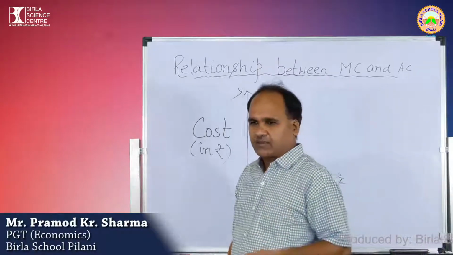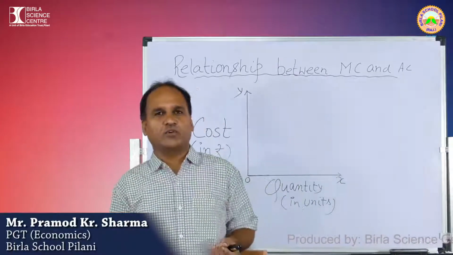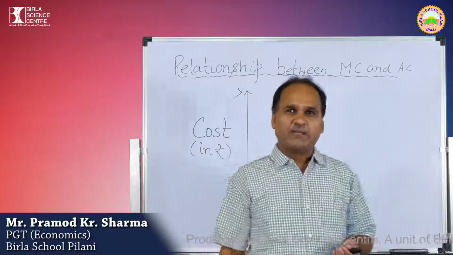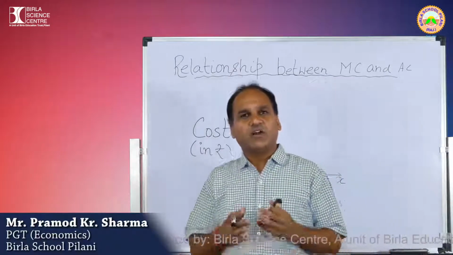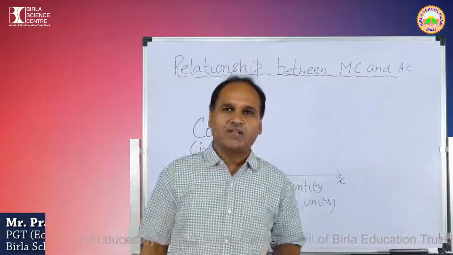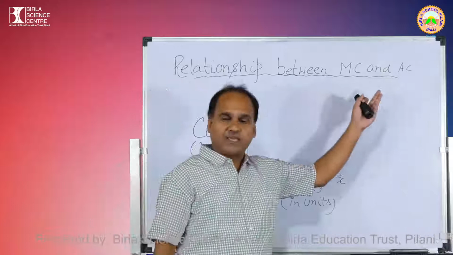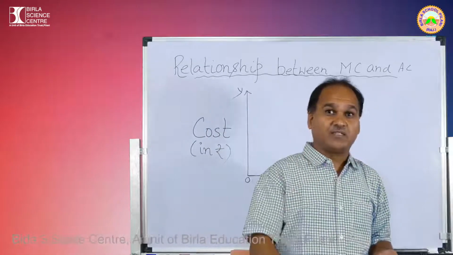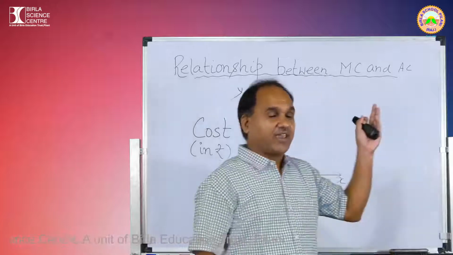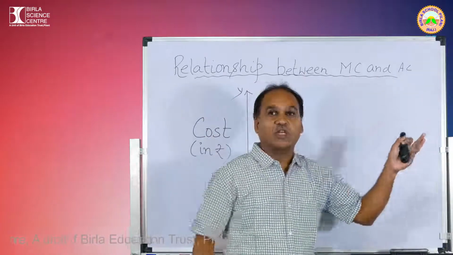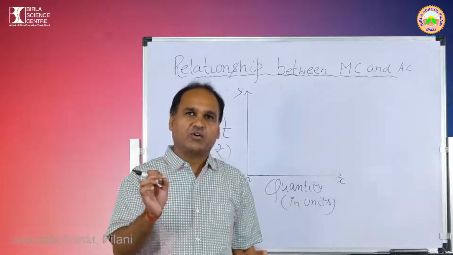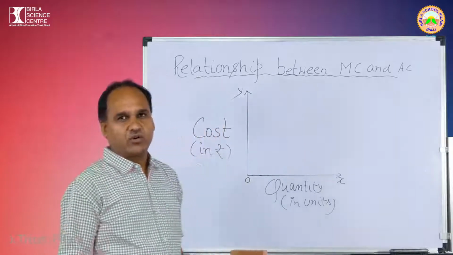Well, I was planning which concept I should select for you all so that you can learn easily. Anyhow, today I have planned something new for you all, that is the relationship between marginal cost. Here I have written MC, that stands for marginal cost, and AC, but AC doesn't mean air conditioner. AC here actually means average cost. So today I am going to teach you the relation between marginal cost and average cost.